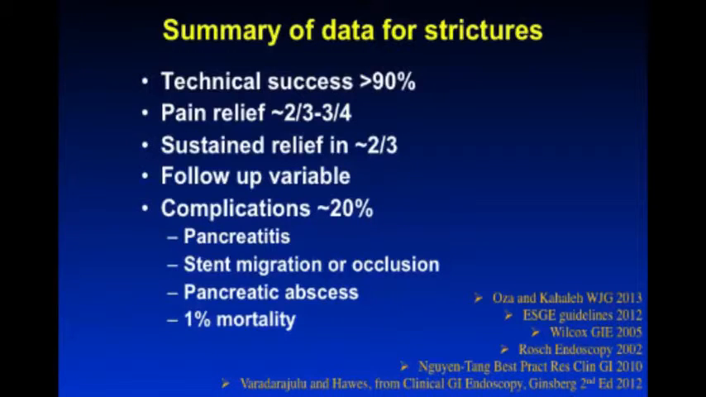The complications, roughly 20%. That includes pancreatitis, stent migration, infection, and 1% mortality. So it's not necessarily low-risk procedures, and we need to keep that in mind. So moving on to stones, I've just taken a step back, separated stones and strictures and things like